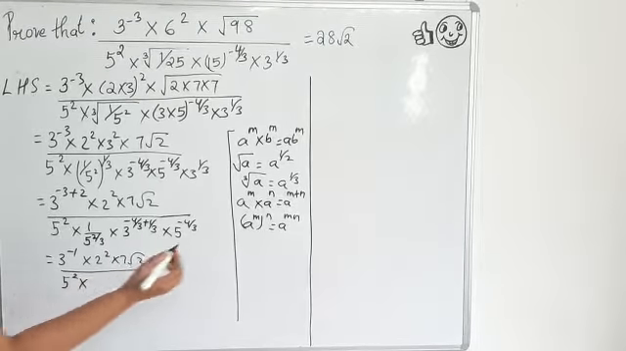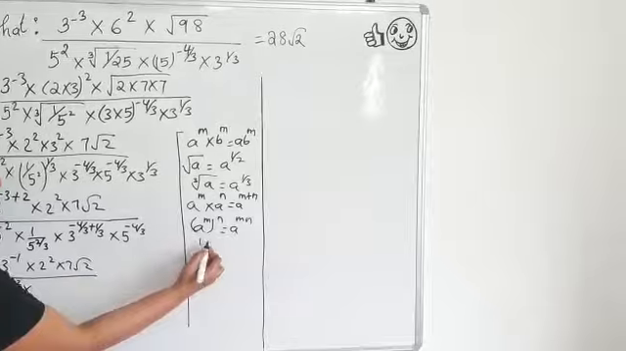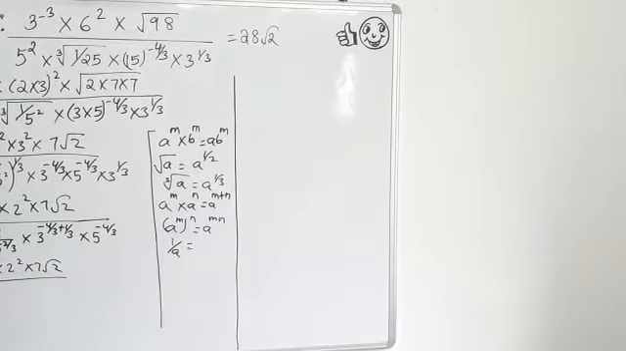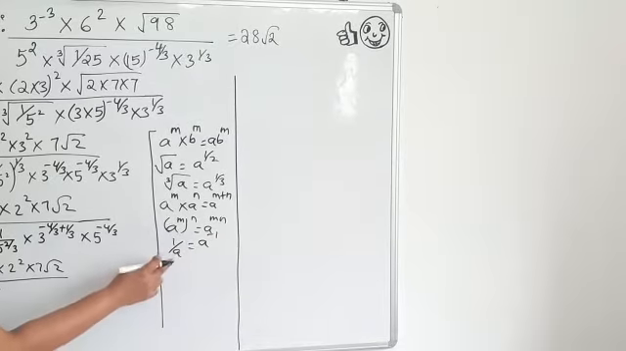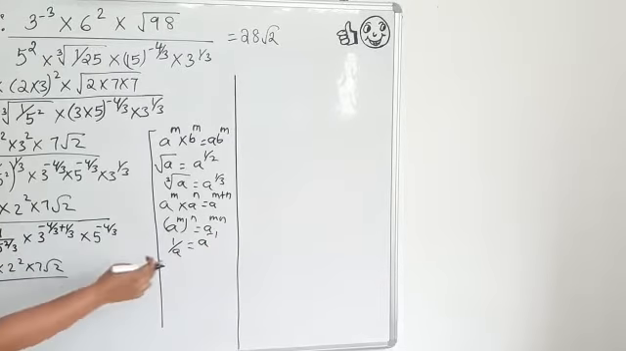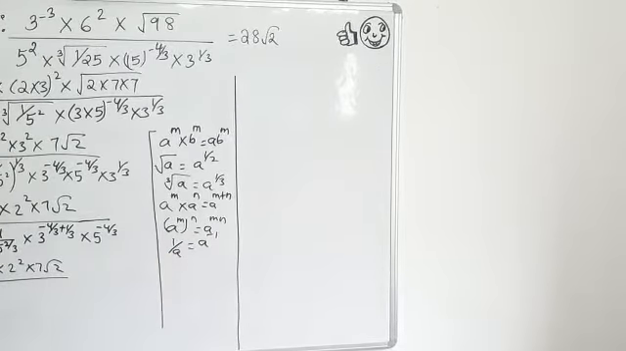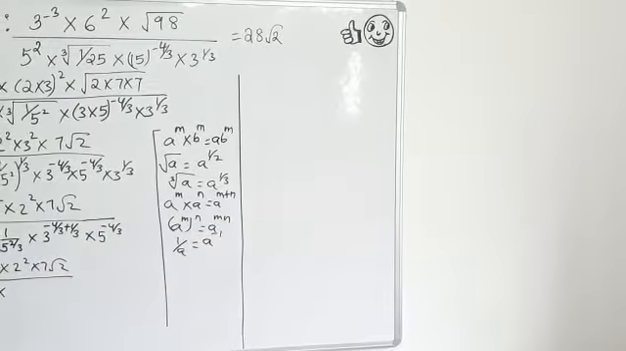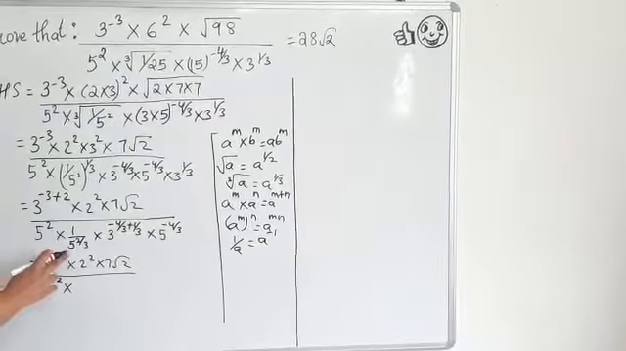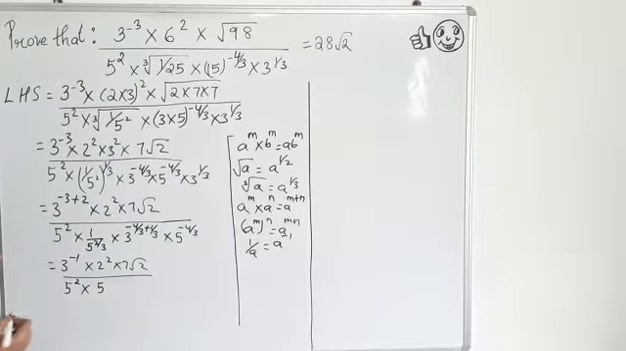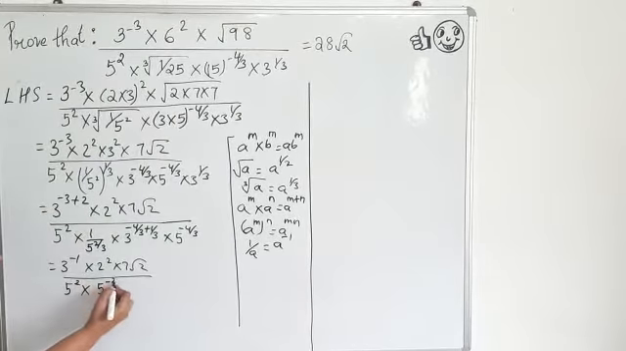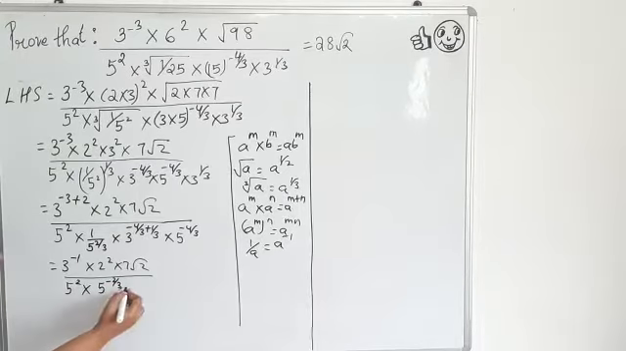Also one more law of exponent will use here: 1 by a. If I write 1 by a and take the reciprocal, this will become a power minus 1, because the power of a is 1. So if I reciprocal, the power will become negative. So it will become a power minus 1. Here the power of 5 is 2 by 3, so if I reciprocal, the power will become negative. So this will be 5 power minus 2 by 3 into